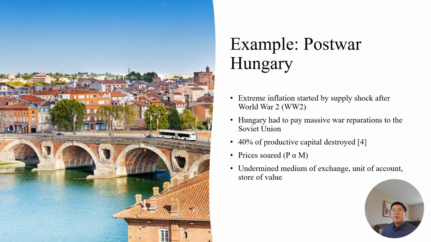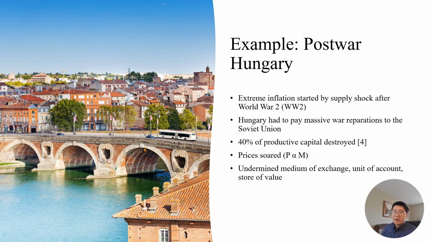So extreme inflation was caused by a supply shock after World War II, and this caused inflation to rise before they even started to print lots of money. So they had to pay war reparations, and the supply shock meant that infrastructure was destroyed, so supply diminished, but demand remained the same. So prices soared,